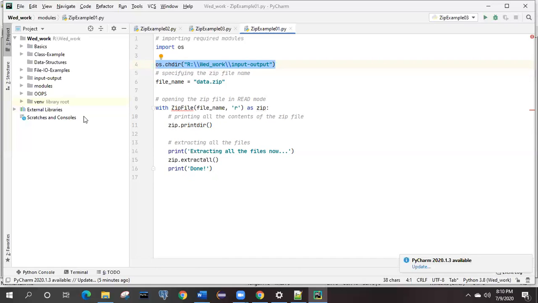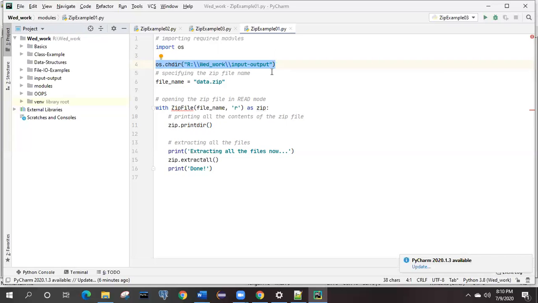So there may be a chance that the files which you are going to extract, the file which you are going to zip, is not present in your current directory. There may be chances that it can be present at any location. So first of all, by changing this, we are reaching out to that directory. Got it? So I have kept all folders in this input output. Input output only I have all the data and other things. So I reached to this R VegDevOps, and you can see over here VegDevOps and input output. So up to this directory we have reached.